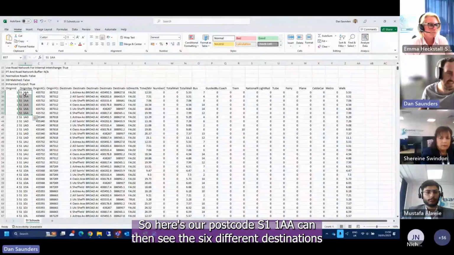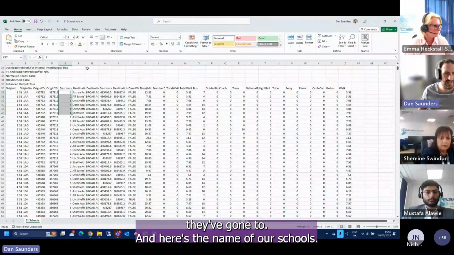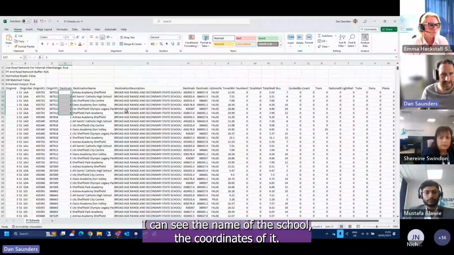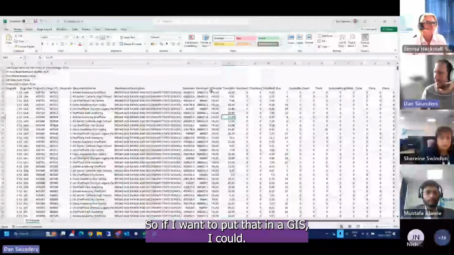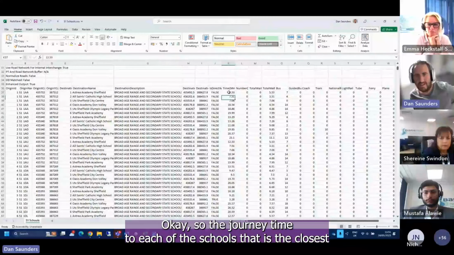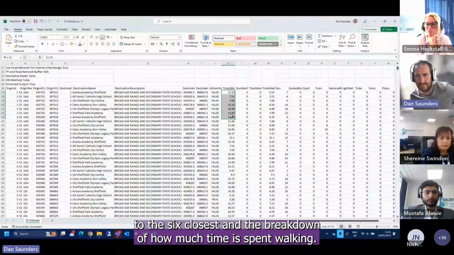So here's our postcode S11AA. I can then see the 6 different destinations they've gone to, and here's the name of our schools. I can then see the name of the school, the coordinates of it. So if you want to load that into a GIS, you could. I'll then show, is it walking or not walking? I can then show the journey time to each of the schools, not just the closest, but the 6 closest,